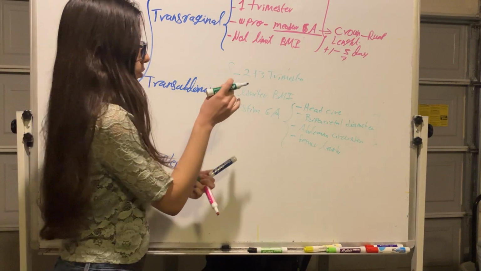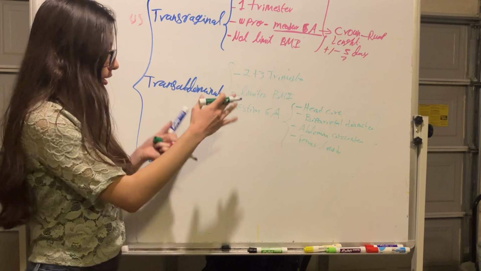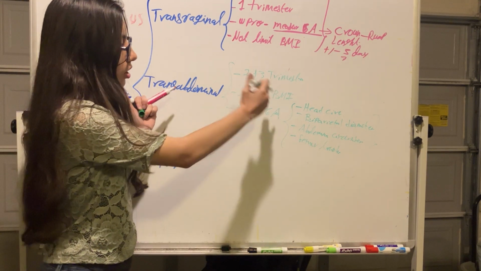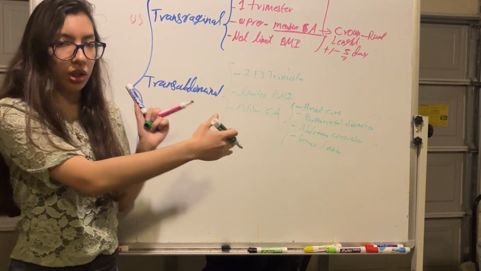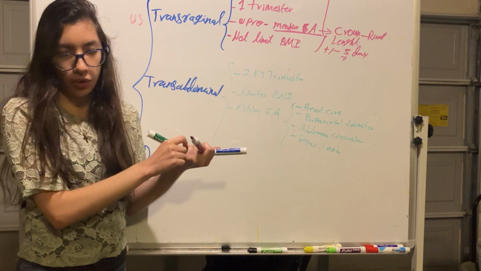So we can also estimate gestational age based on a transabdominal ultrasound during the second and third trimester. We always do that when we do an ultrasound,